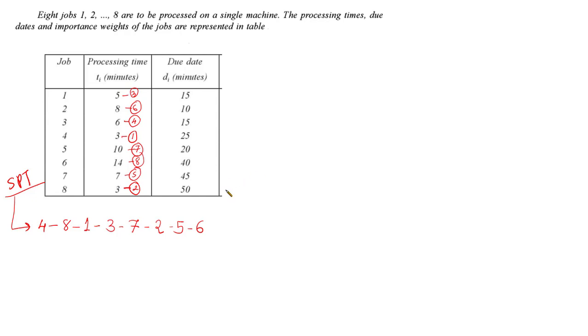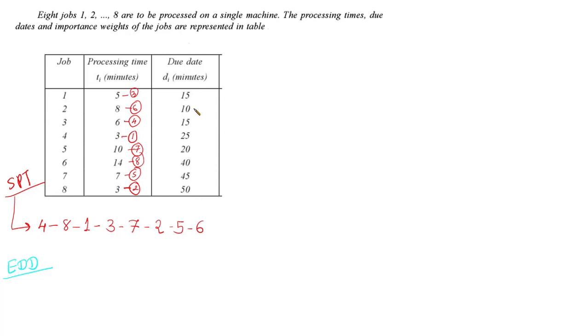Now we will solve the problem as per EDD, earliest due date. For that, in the example, you will be given this table in addition to the job and processing time data. In this column, we will sequence all the jobs starting with the minimum number to the maximum number.